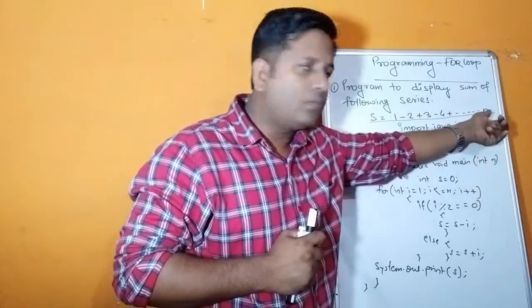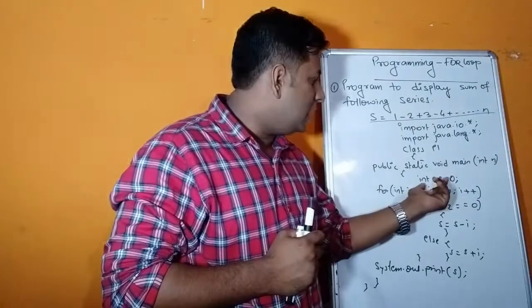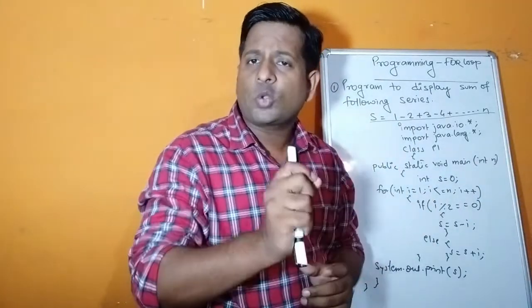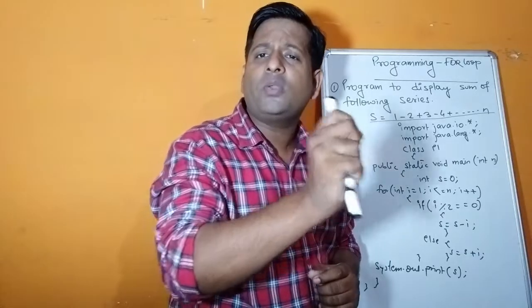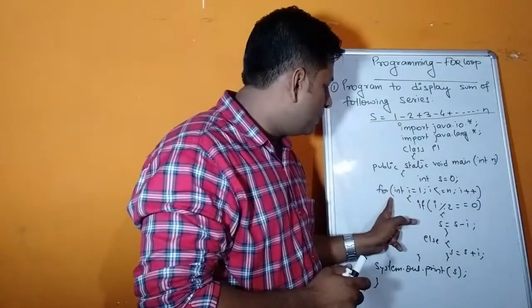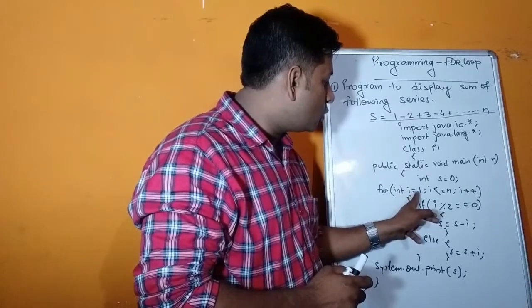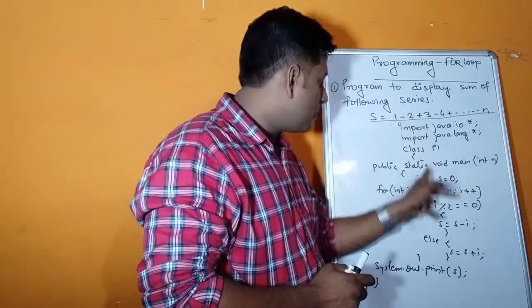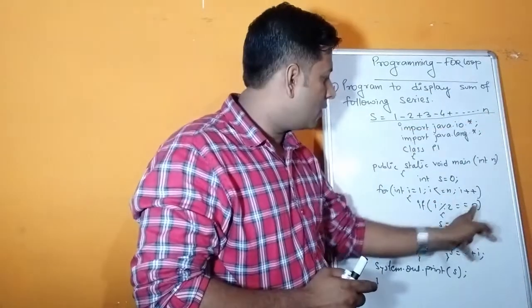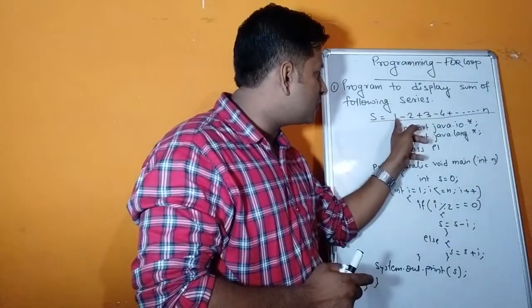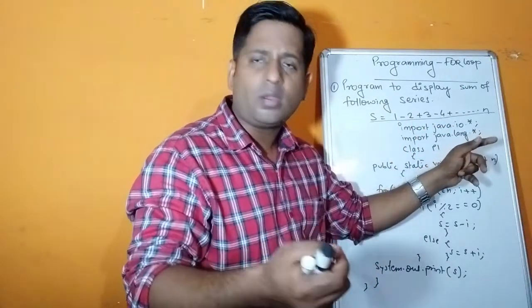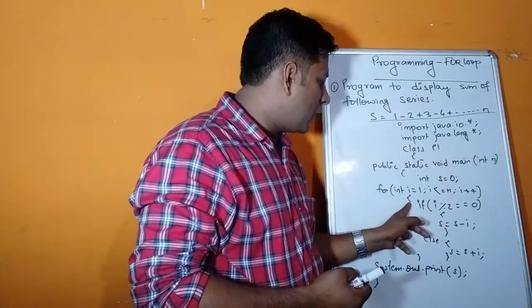The end value. Int s = 0, because we are going to calculate the sum. So I took one variable s with default initialization as 0. Then run the loop: int i = 1, the starting value, then i <= n, up to n it will go. i++, because the number of steps is 1: after 1 next is 2, then 3, increasing by 1. Now curly bracket, then if